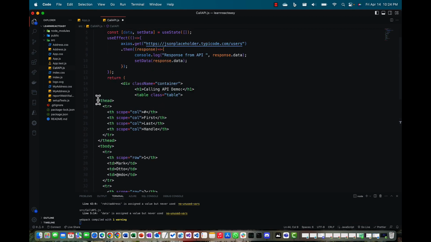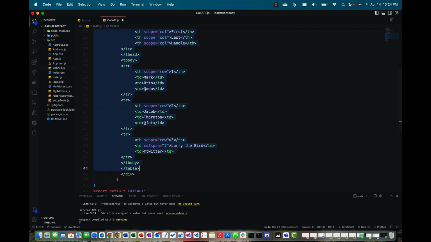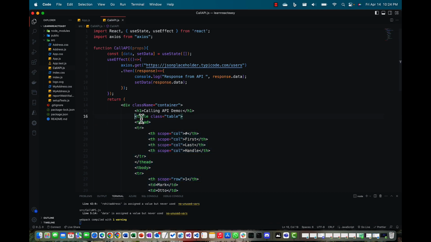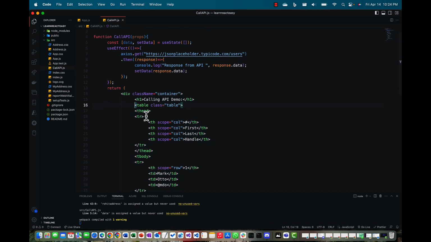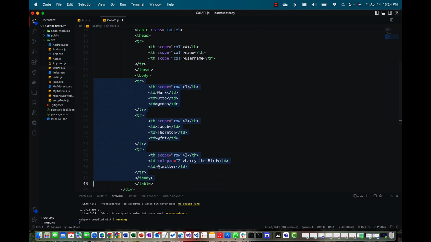Now this is the stuff that we are going to use here within the div. So I'm just going to set it around, and then within the table, I just need an ID, which would be this one, and then the name, and then the username. That's what I'm going to use. So I don't need the fourth column, so that is gone. Okay, and within the table body we are going to write some